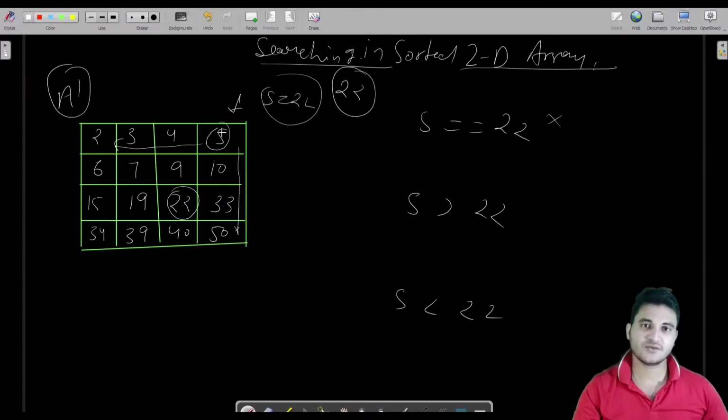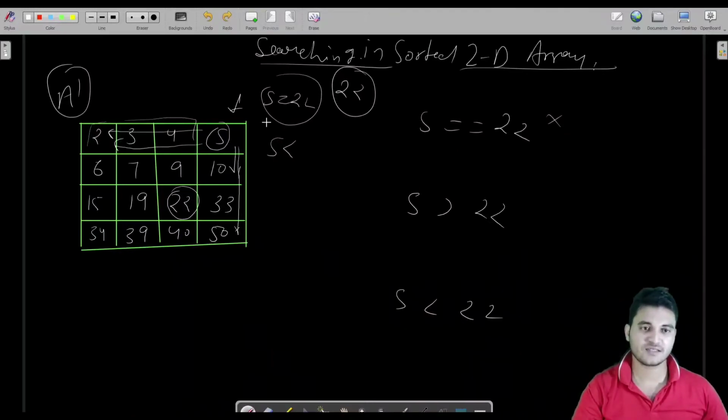If it is less than 22, and all the elements to the left of this element are going to be lesser than the element, then there is no point in checking with this element. We can ignore all these elements and move ahead in this way. Since 5 is less than 22, what is the point of checking the elements on the left? Of course we need to check on the bottom of this, because all the elements on this side have to be greater than this. So at least we will be reaching some nearer location. That is the main logic for this.